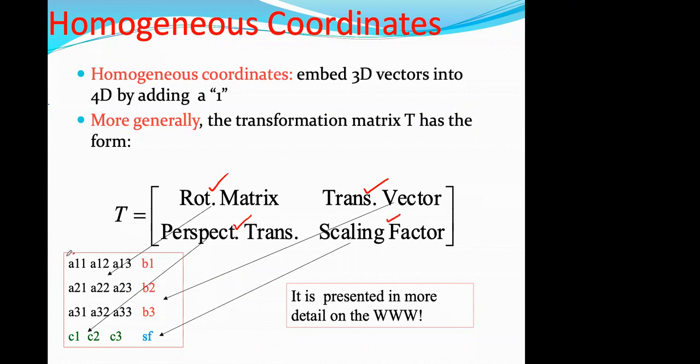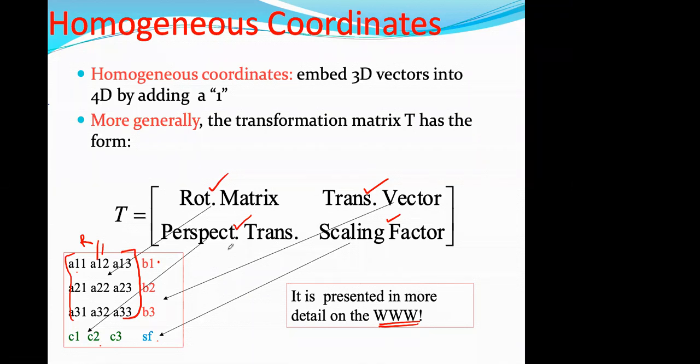So ये अगर हम NOA को नहीं करें, ये हमारी मैट्रिक्स के एस्पेक्ट है। A11 A12 ये हमारी रोटेशन मैट्रिक्स है। ये बी हमारी क्या हो गया, ट्रांसलेशन वेक्टर है। ये प्रोस्पेक्टिव मैट्रिक्स है एंड ये स्केलिंग फैक्टर है। इट इज रिप्रेजेंटेड इन मोर डिटेल। हाँ, किसी भी वेबसाइट पे आप देख सकते हैं, रोबोटिक्स पे बुक्स को भी देखेंगे तो यू विल फाइंड द होमोजेनियस कोऑर्डिनेट फ्रेम इन द सेम फैशन. सो आई थिंक that part is quite important.